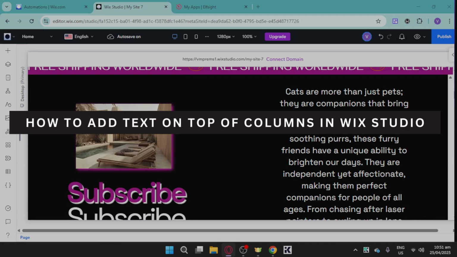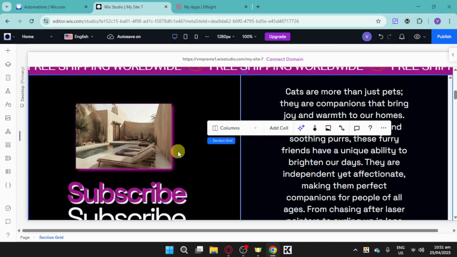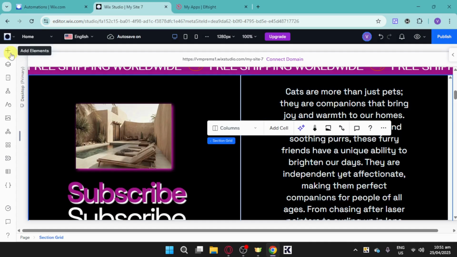How to add text on top of columns in Wix Studio. So I have in here this column, and this column has two columns right there. If you want to add a text, head over and click onto this plus icon in order to add an